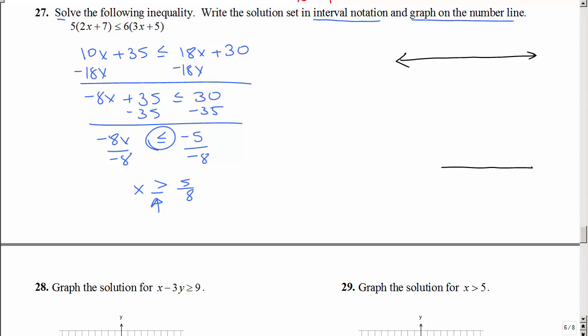So I have solved it, but I want to write the answer in interval notation and graph it on a number line. So here's 5/8. Needs to be a filled-in circle, and it's greater than, so it's over there. So that's one thing, graph on a number line. Now interval notation, I know it's going to be bracket 5/8